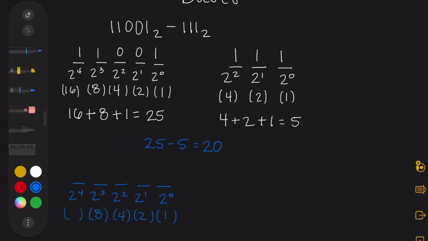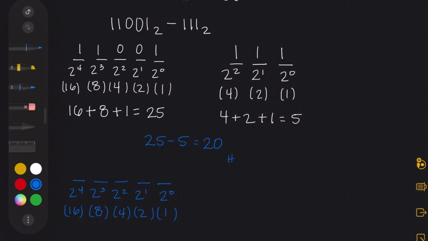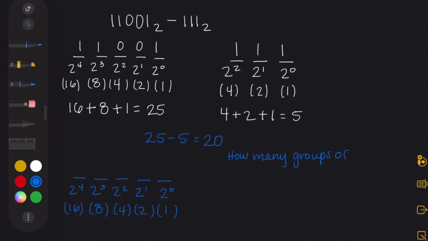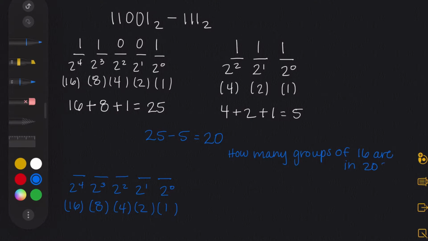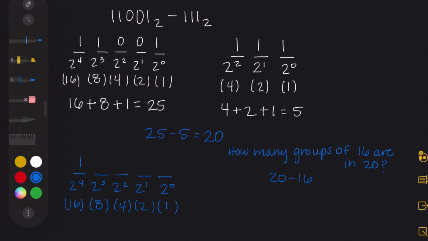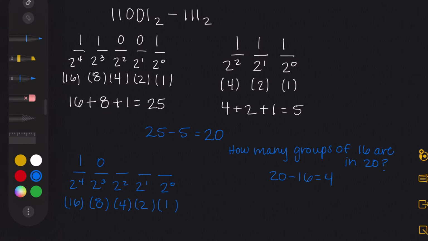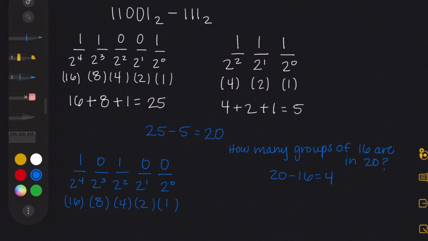Now we would ask ourselves how many groups of 16 go into 20, which would be 1. 20 minus 16 would then leave us with 4. And 8 cannot go into 4, so there would be 0 groups of 8. And then there would be 1 group of 4. And then the remainder spots would be filled with zeros. So our total answer would be